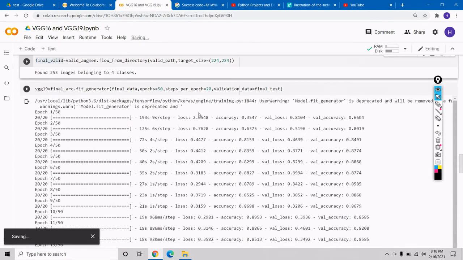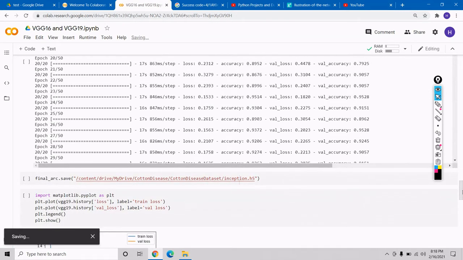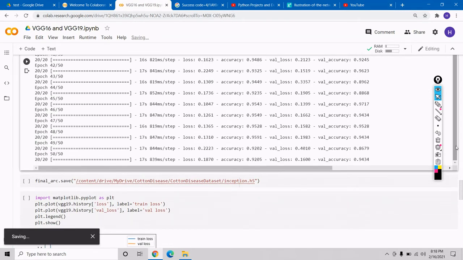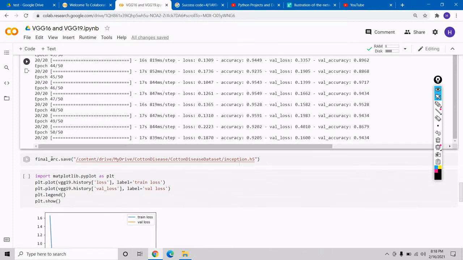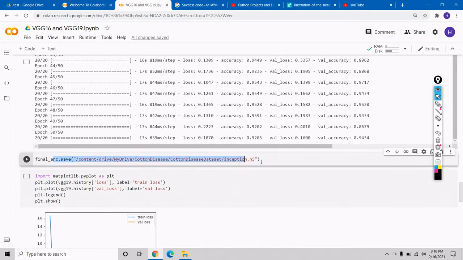After the data sets, we can see over here that in our AlexNet model, we were getting around 60 to 70% accuracy in our test data set. But here also we are getting a very good accuracy, like 92%, even 94% at last. So we can say it is a balanced model we have made. Now we have to save our model. By mistake I have written Inception over here. It should be our VGG 19.